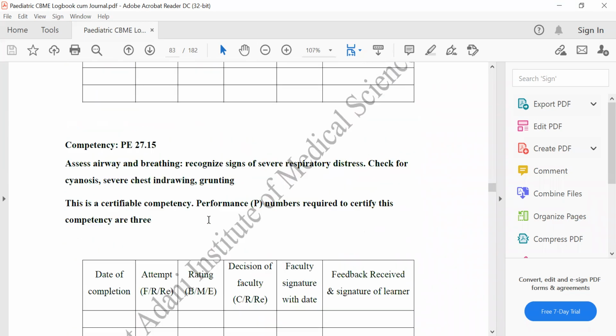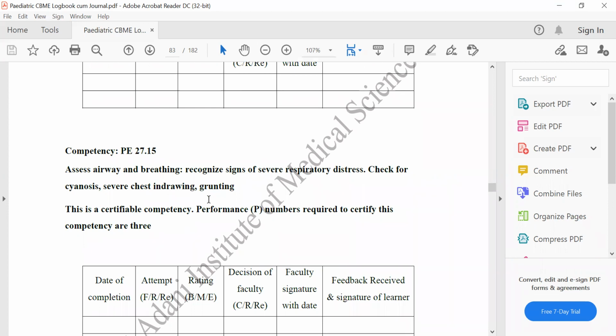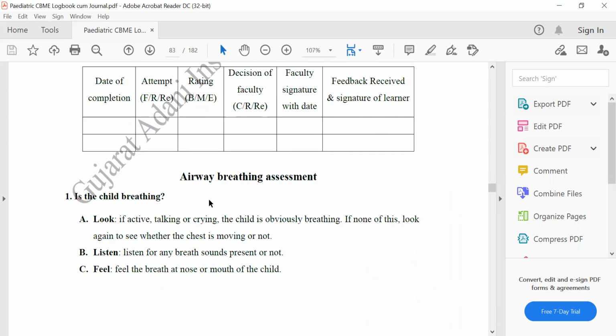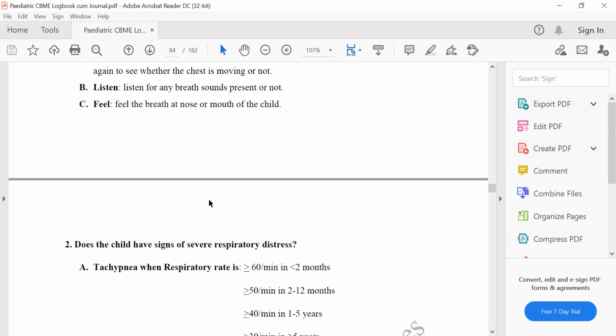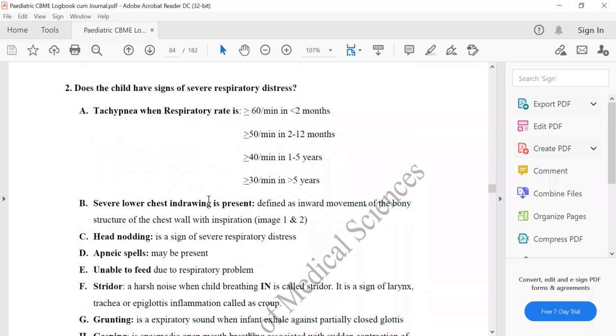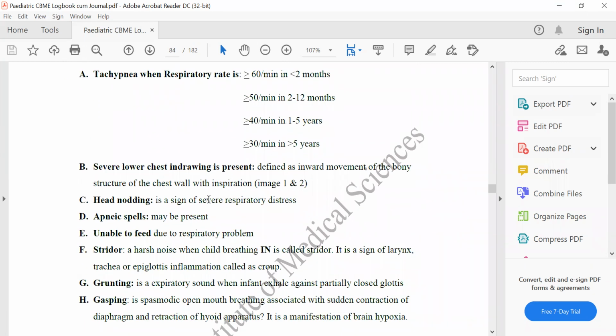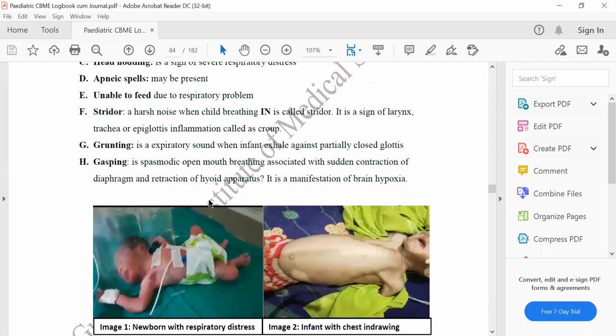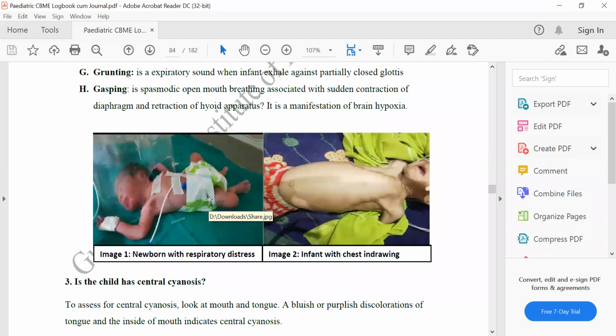So this is for assessing the airway and breathing, recognizing the signs of severe respiratory distress, checking for cyanosis, indrawing and grunting. So for this competency, I have mentioned some of the basic points. The student is able to interpret all these signs of respiratory distress. So some basic information, then these are the pictures about the